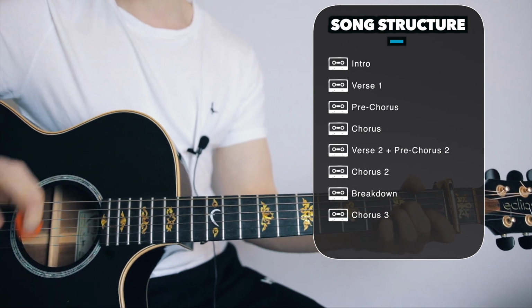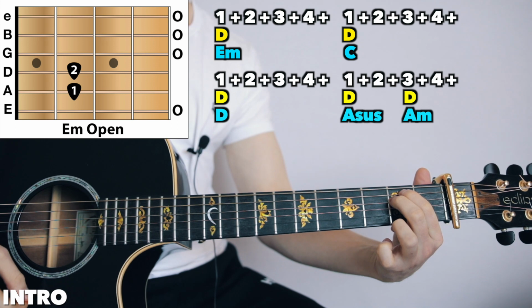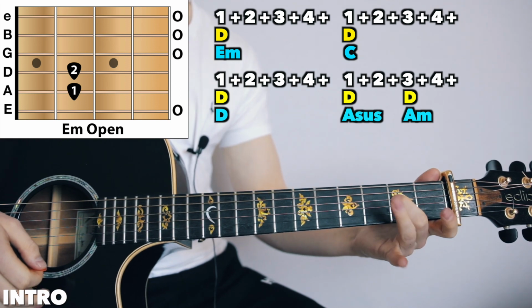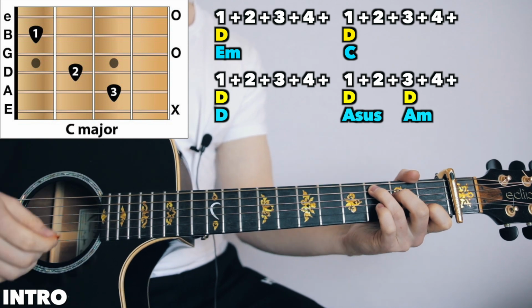So for the intro, you can just do one strum for each chord if you want to. There is a piano tinkling away. So we're just going to have E minor. You can use fingers 1 and 2 if you want to, because then when we go to C, you can leave the middle finger there, just as our next chord. Then we go to D major,